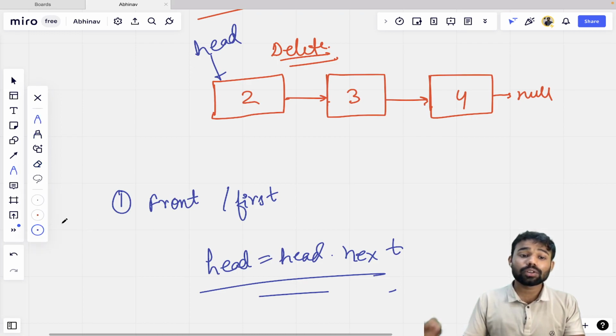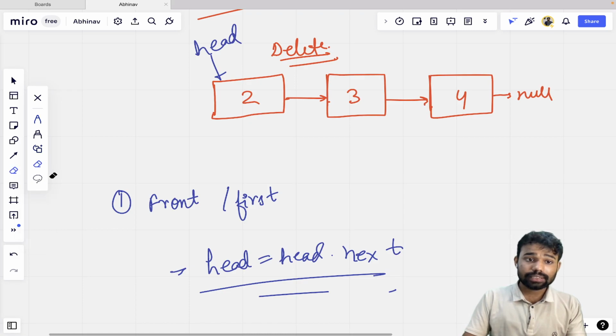To delete a node from the front of a linked list, we have to just do head is equal to head dot next. That is the only thing that we have to perform. Now, the next case is